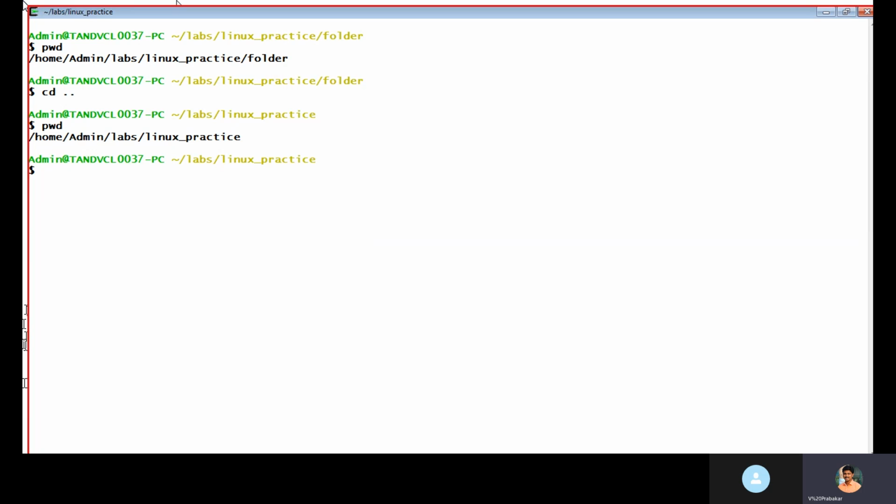So I want to move 2 steps back. You can give cd space double dot slash. This means that it moves one step back. Again dot dot slash. So it moves 2 steps back, so that I came to admin now. Again, if I want to get into the Linux practice directory with the help of cd, so I will